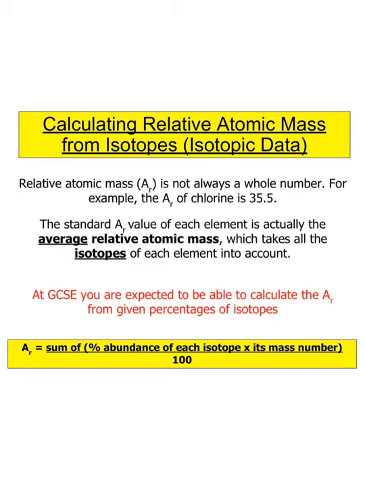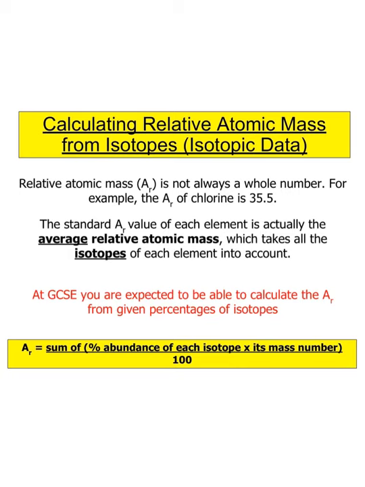the relative atomic mass. You can see here the first sentence says the relative atomic mass is not always a whole number. For example, the Ar, relative atomic mass, of chlorine is 35.5. It's because, not that you ever have to worry about this, when the mass is given for an atom, you actually take into consideration all of its isotopes. So remember, you can have lots of different isotopes of just one element. We take into account all of their masses